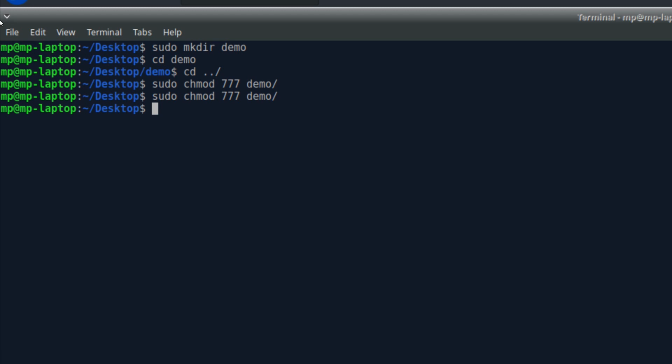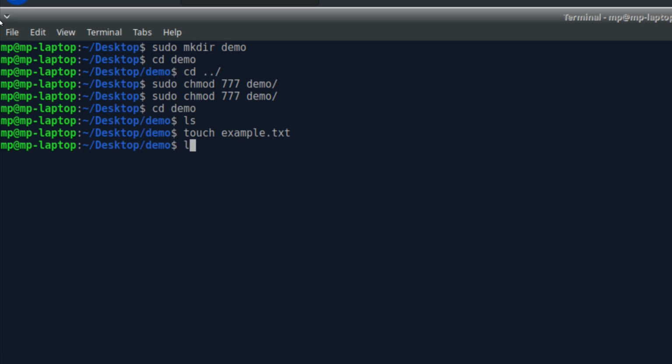The fifth command which you will see is to create one file. So first of all, we'll go into our directory, cd demo. Here nothing is there, so we can create one file. How will we create one file? Suppose I create a text file, I'll simply write the touch command, which is basically to create a file. touch example.txt.